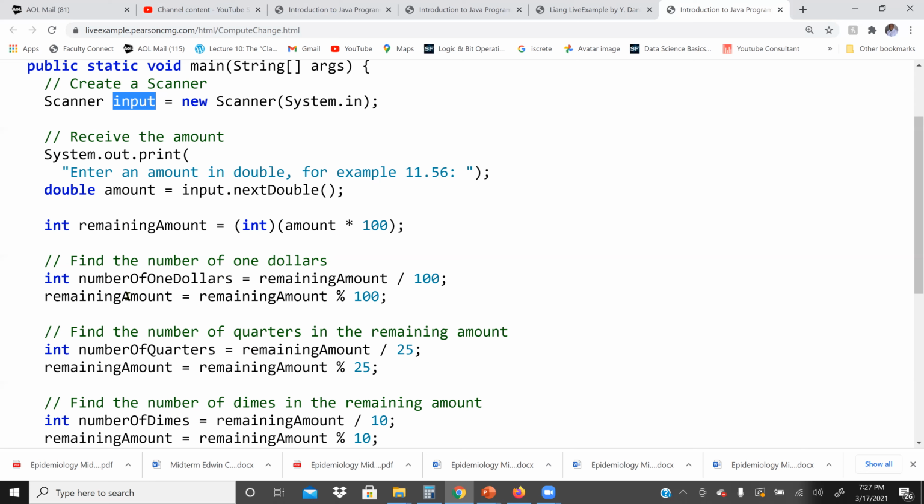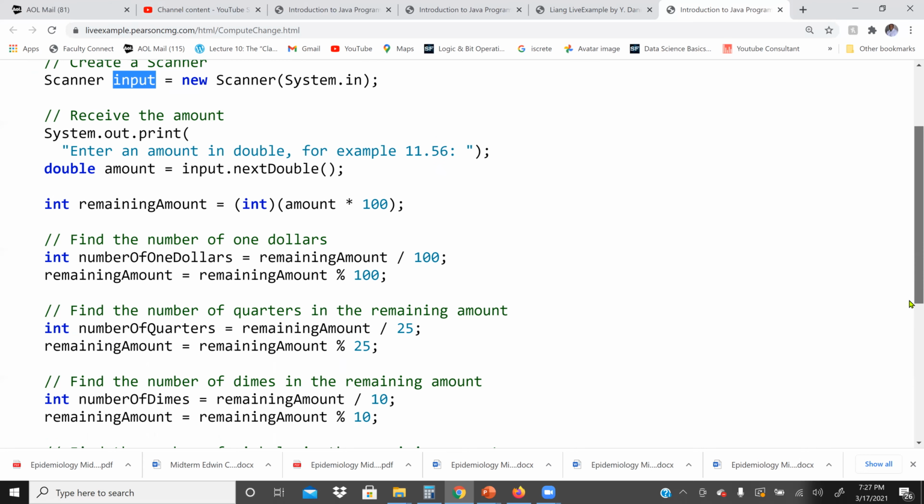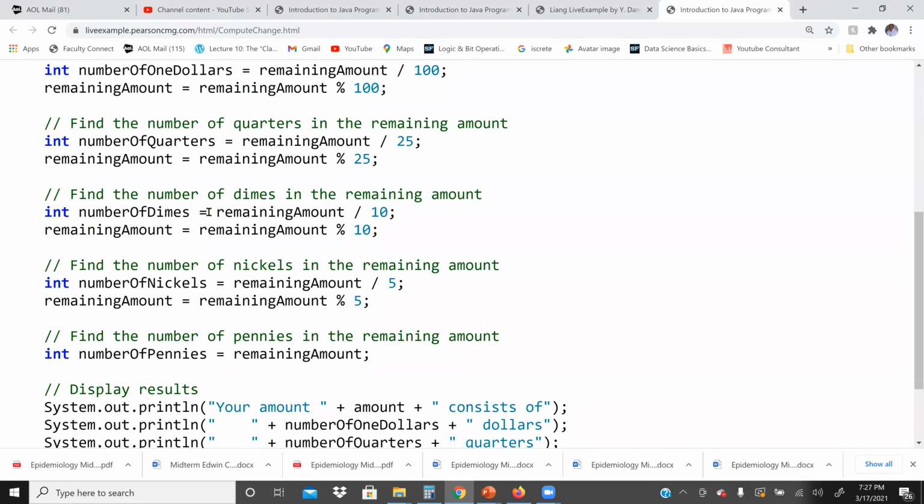Then we are going to divide the remaining amount variable by 25. So we get the number of quarters. And then we do remaining amount modulus 25 to give us the remaining balance after the number of quarters. And that will be in the remaining amount variable. Then next, the number of dimes equal to remaining amount divided by 10. This will give me how many dimes we are going to have. Then we use the remaining amount modulus 10 to get the remaining